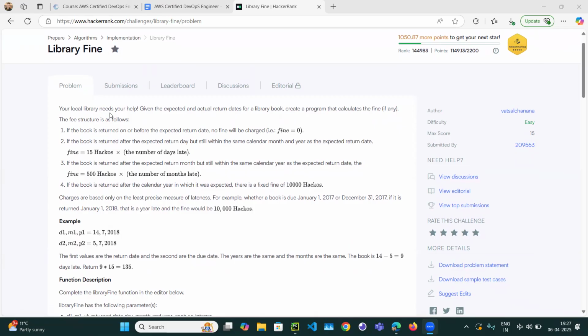Your local library needs your help. Given the expected and actual return dates for a library book, create a program that calculates the fine, if any. So basically, when you take a book from the library, there is some date you need to return it. If you return after the due date, you need to pay some fine. So we need to calculate how much fine we need to pay, or whether we need to pay any fine or not. If the book is returned on or before the expected return date, then no fine